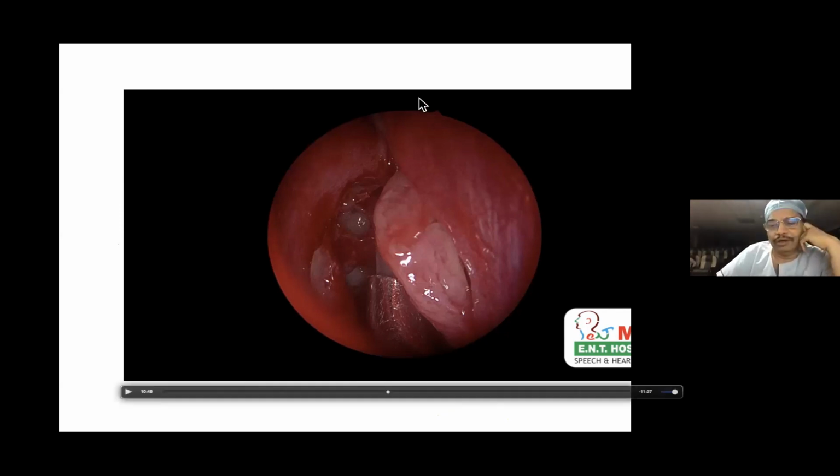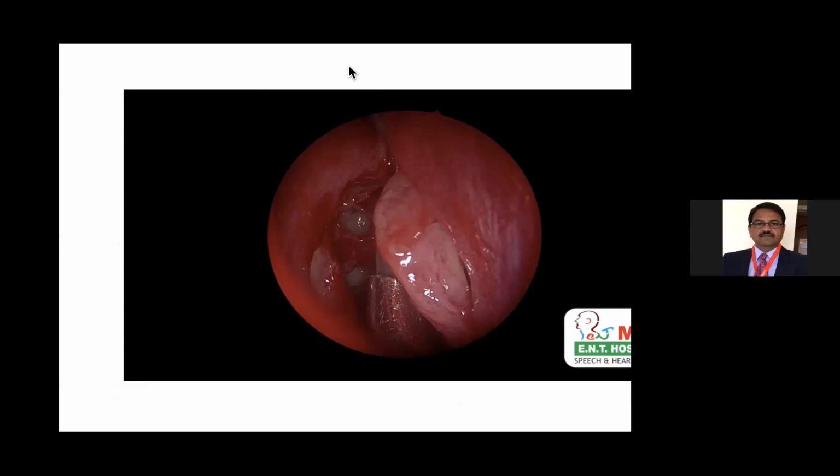Sukumar, how can I share another presentation? You have to close this and open the other one. Go again. Because this is some concept. See, everybody's Achilles heel, most of the junior colleagues, is the frontal sinus. They manage the remaining things somehow, but when they come to the frontal sinus, they get stuck. This is what they need to understand. Share the screen again.